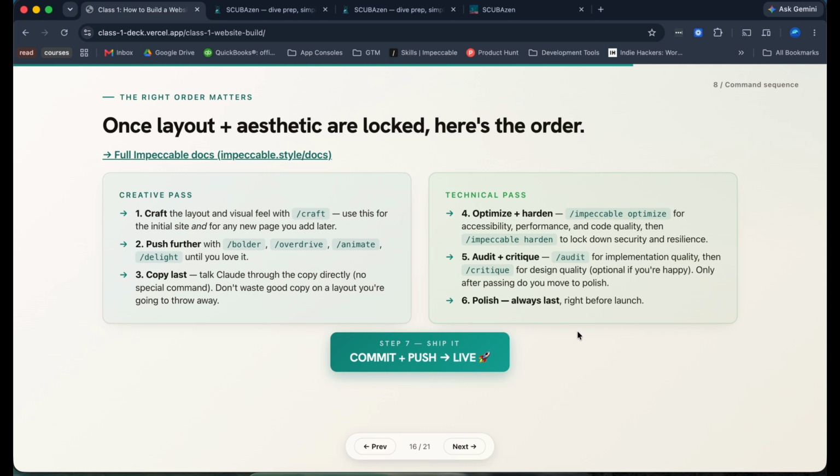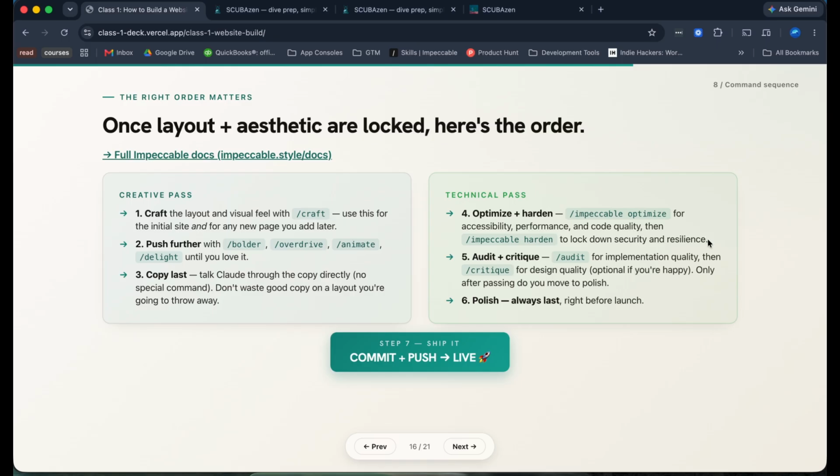And so this is stuff that runs in the background. It'll optimize for performance issues, make sure that accessibility works, the code quality is high, the performance loads quickly, there are no issues on the back end when it's serving your website. And it'll handle all of it for you. You just need to run it on each page or even your site as a whole. And Harden is about security.